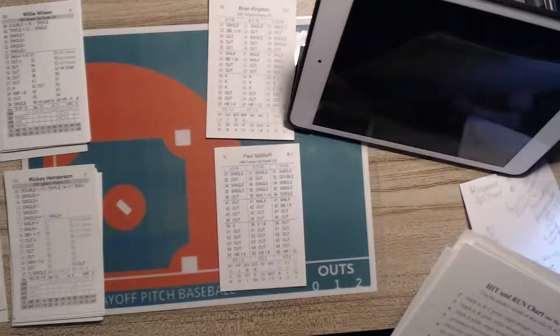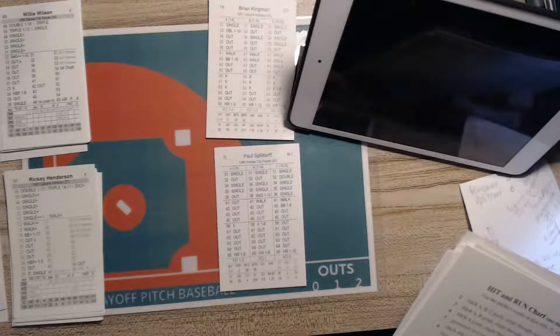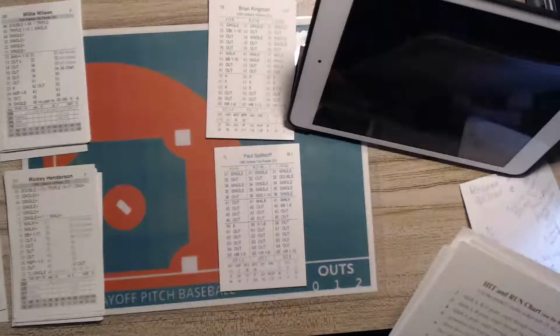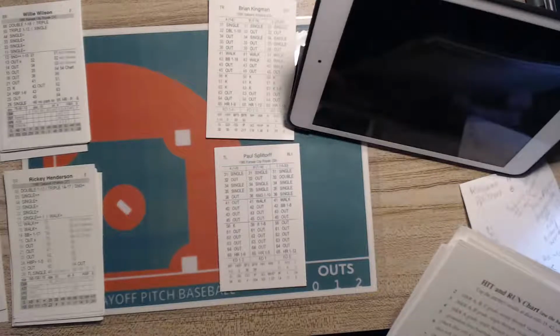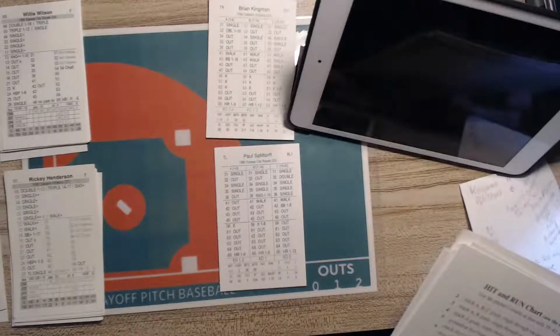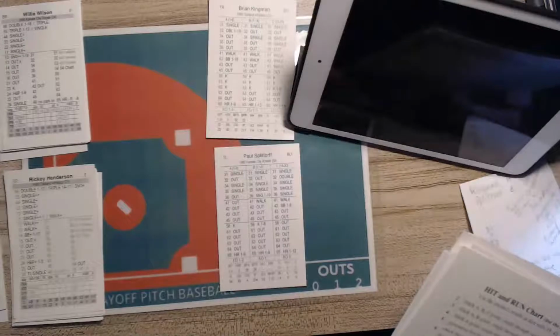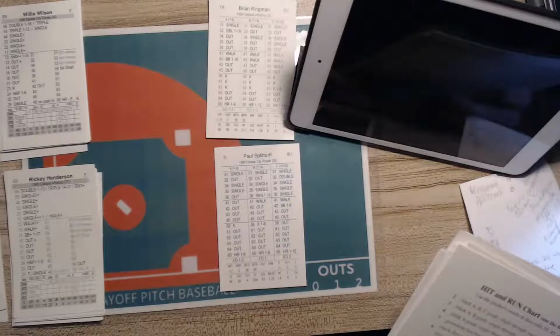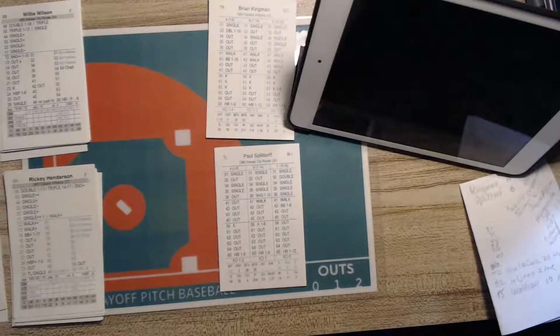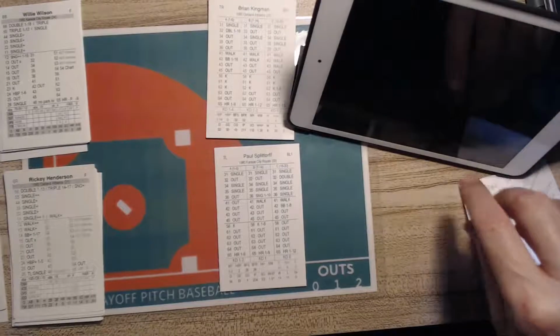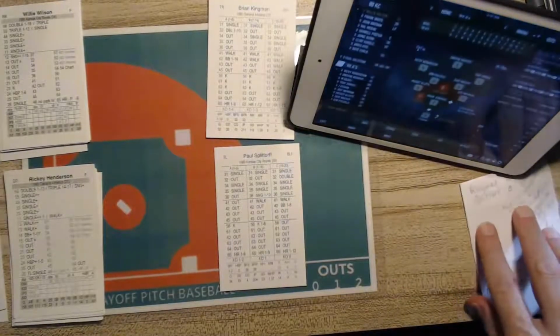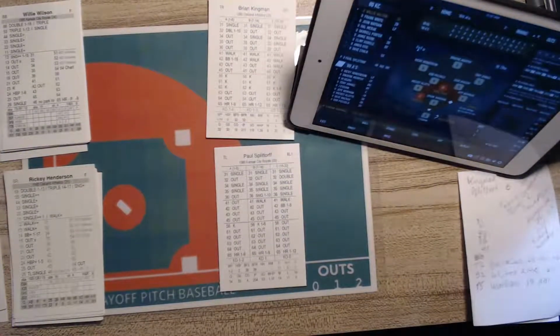Let me look at the other results. Only if second roll is a 1. All right, let's see. Yeah, so we're not going to be able to do this right now. I don't think it's in the best interest of the Royals here to do a squeeze play. Too dangerous. Willie Wilson, he's going to swing away against Brian Kingman.